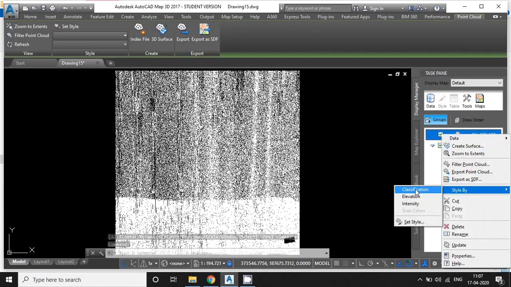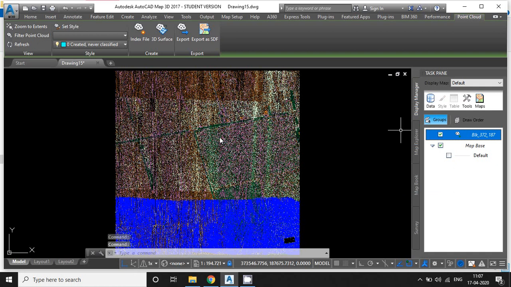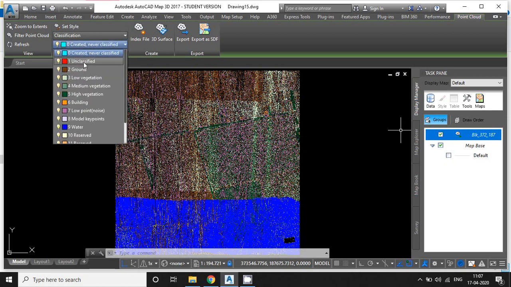See here, first I will assign the RGB value according to classification. Yeah, see, looks like RGB value is assigned here. You can also check how many classes there are inside this LiDAR point cloud data. See here, these are all the number of classes inside this point cloud data. You can also toggle on and off the specific feature according to requirement.